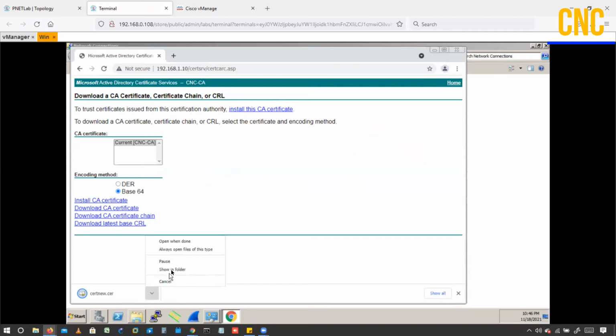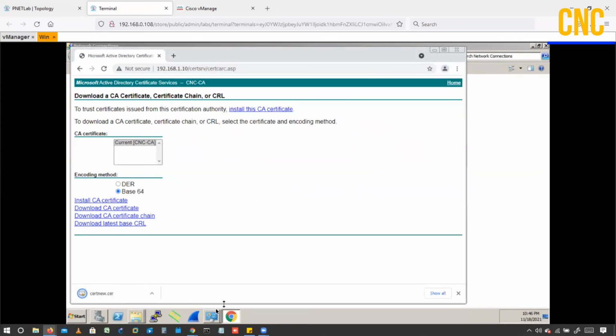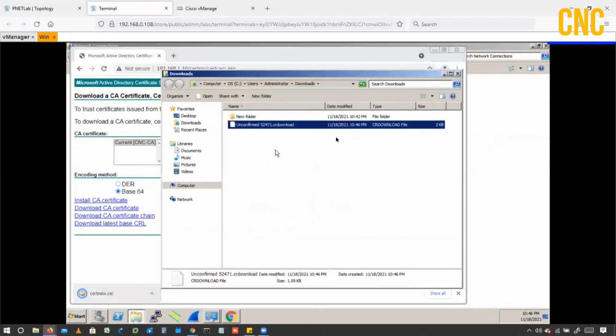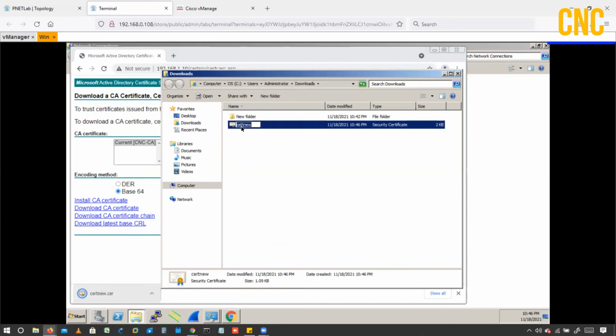Just go here. So in future, we'll be downloading for the vBond, vSmart, for these things, right? So let me just rename. Keep this file. I'll just rename it as vManage, so we can easily identify. Okay. Now, do one thing, just copy the content of this vManage file.